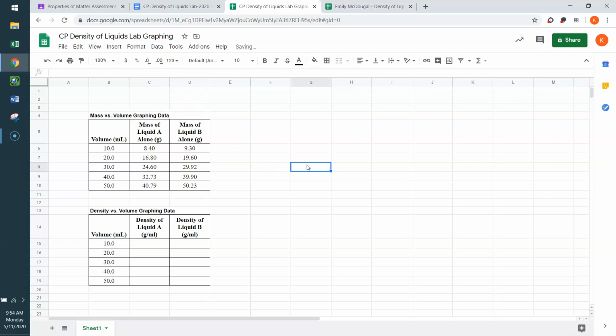Okay. Once you have your data in here, it's really important to highlight what you want. So we're going to highlight from this volume over and then all the way down. So that's the entire data set that I want to have graphed. And I included these section headings up here so that they help me to label everything when I go and do my graphing. Once you have this properly highlighted, you can go over here to this little chart function, or you can go to insert and go all the way down to chart. Either way brings you to the same place,